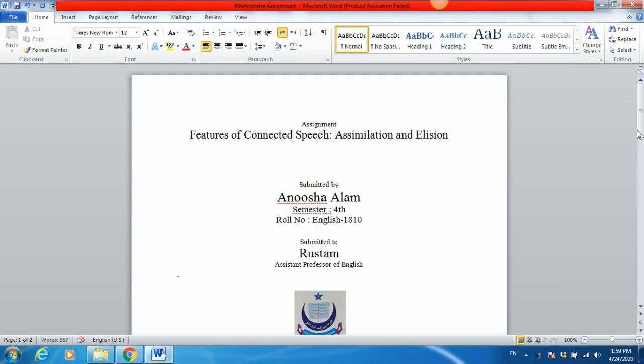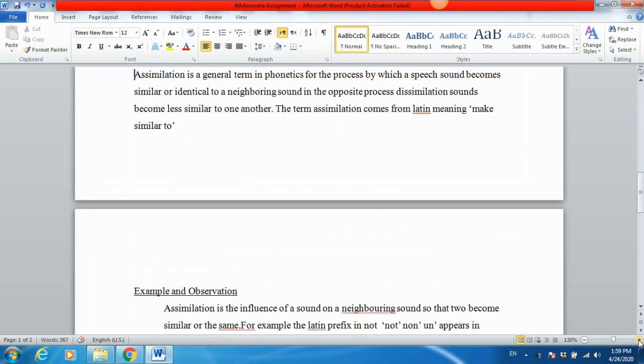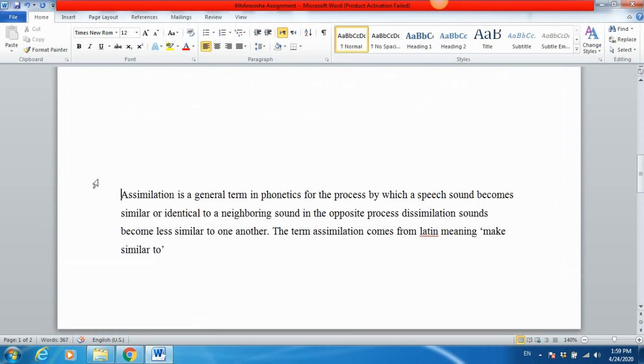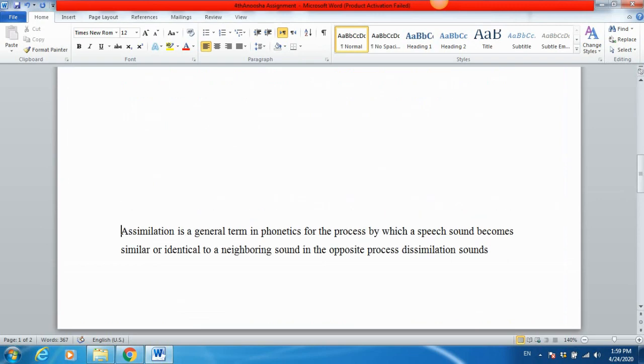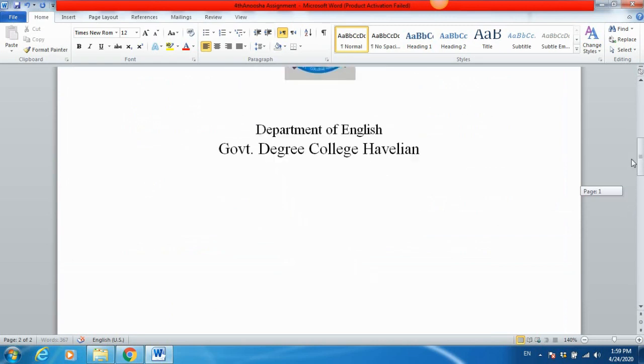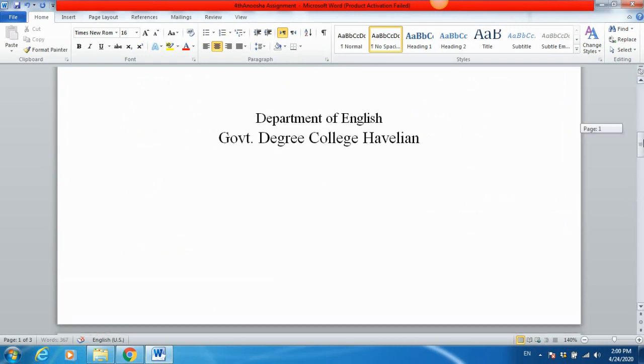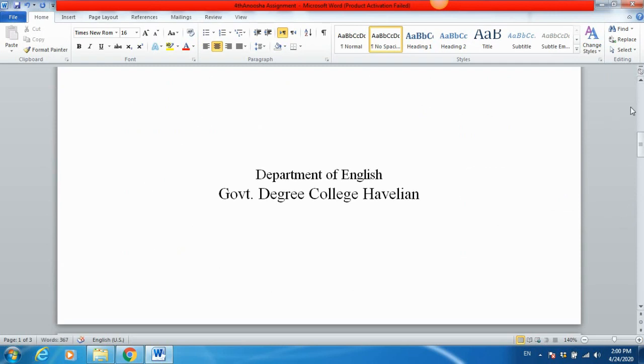Okay. Now as far as this document is concerned, let me put my cursor here, and I'm using my laptop keyboard. So after the cursor has been placed here, let me magnify the document for you. Okay, now I think the screen is clear for you. So what you have to do after placing the cursor here, press the enter button on the keyboard. Okay, like this. Now this is your page number 1. As we can see, there is a lot of space, so I'm going to put the cursor here and I'm pressing the tab. Okay, as you can see, it is getting to the bottom. Still there's a lot of space.